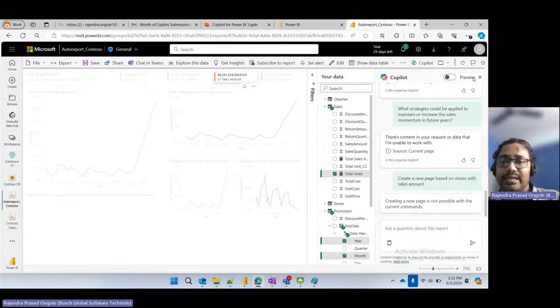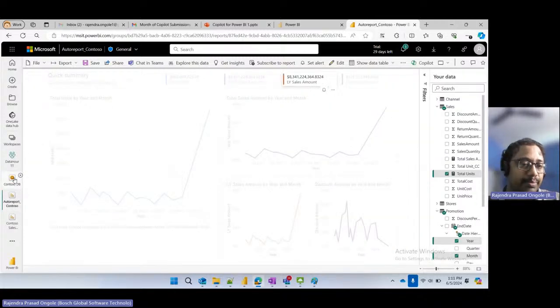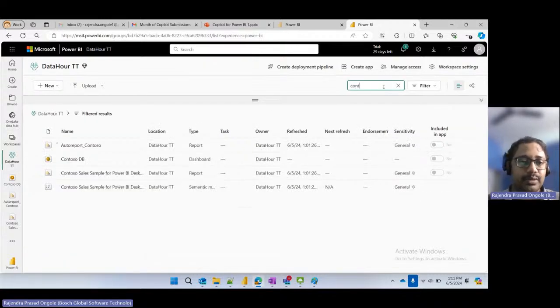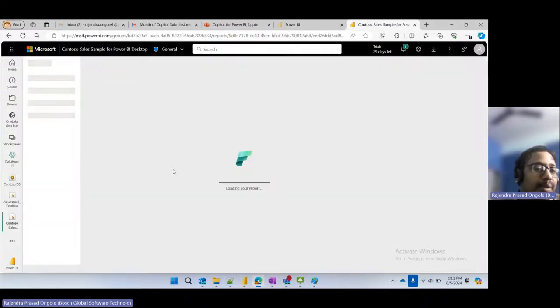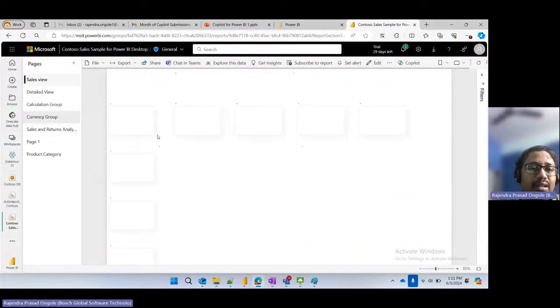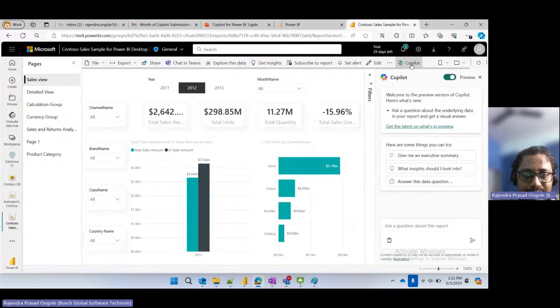So let me showcase it in the main report itself. If you're observing, let me go to the main report itself, which I have published. See here, important, please observe this. I'm just trying to open my report. Here also we can see the visualizations which I have prepared. These are all your reporting part visualizations. So here also we can see a Copilot option. Okay. So maybe I'm expecting, by using this report which I have created,